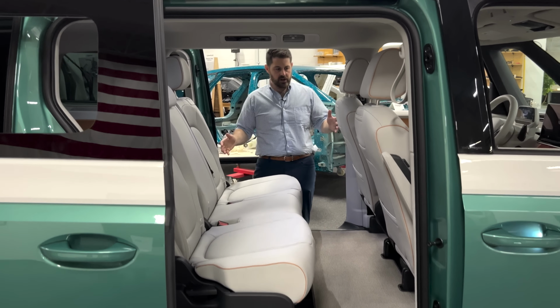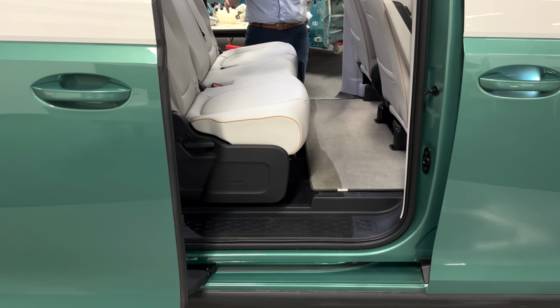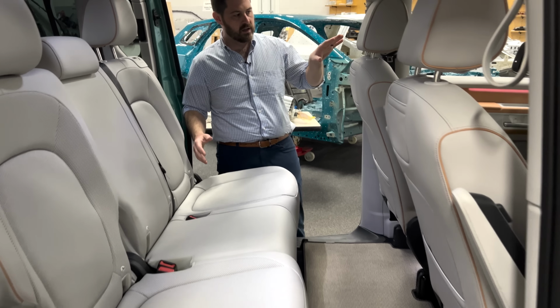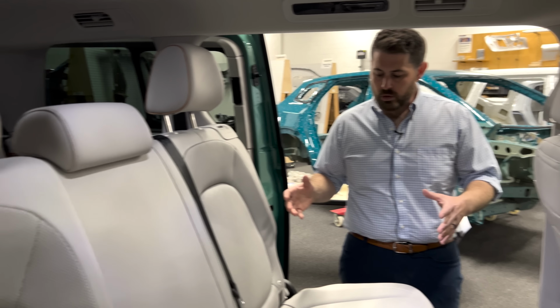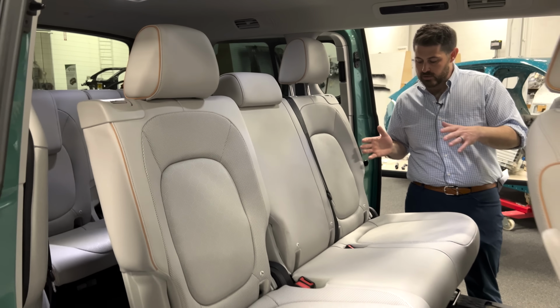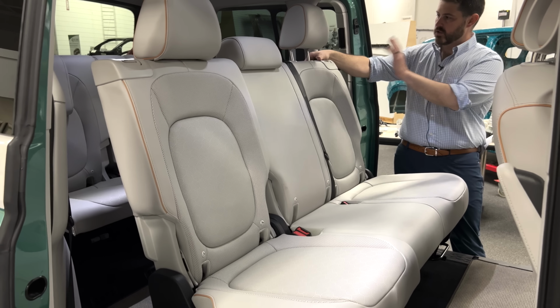These rear seats are very large. I haven't physically put a rear facing car seat in here, but I can tell just by looking at it that those are going to fit easily and not impact the front occupants of the vehicle. If your kids are a little bit older, you're going to be able to keep the forward facing car seats in the vehicle if you want passengers to go to the rear seat,